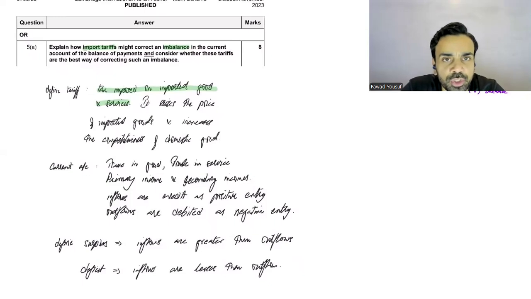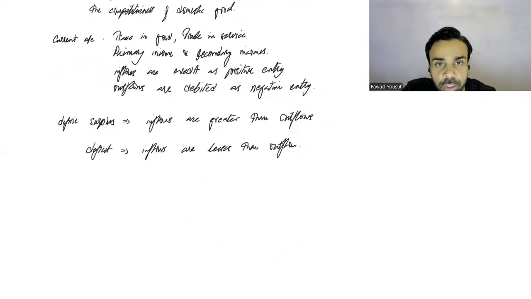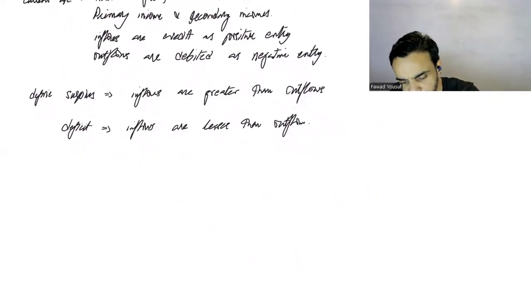So let's try an answer. Let's do a whole explanation of how it may succeed and how it may not succeed. And then क्योंकि लिखा हुआ है and consider whether these tariffs are the best way of correcting an imbalance. Um, तो फिर उसमें alternative दे देंगे. सही? So let's do this. फिर आगे let's continue. How can tariffs help us correct the imbalance? तो हम इसको ऐसे लिखेंगे that